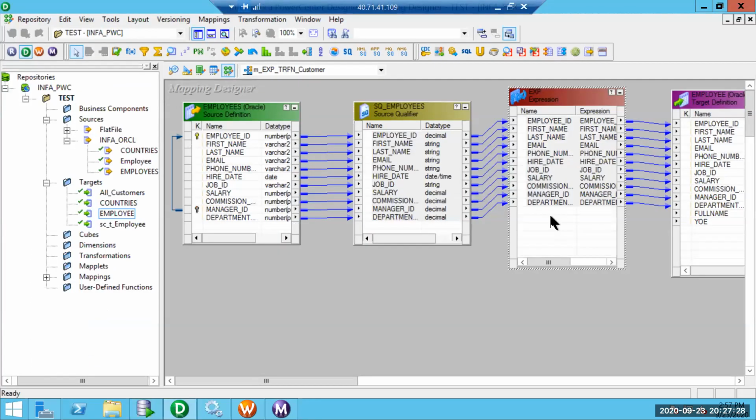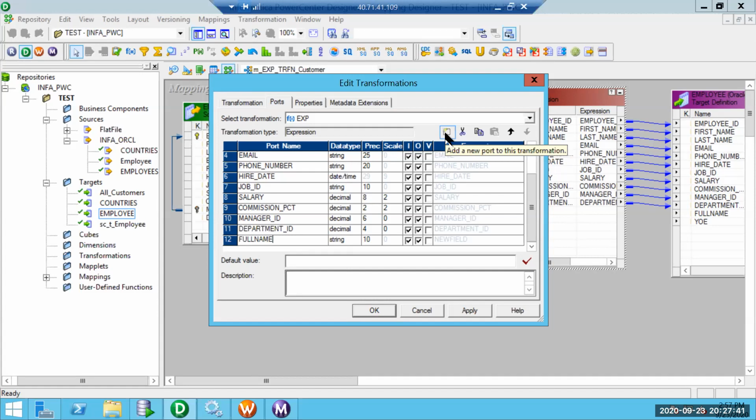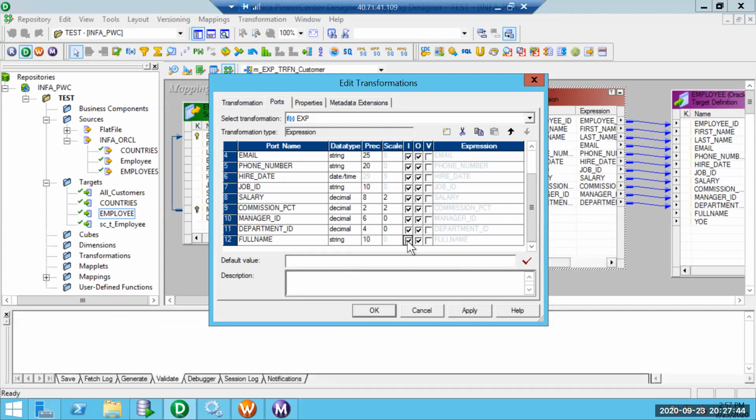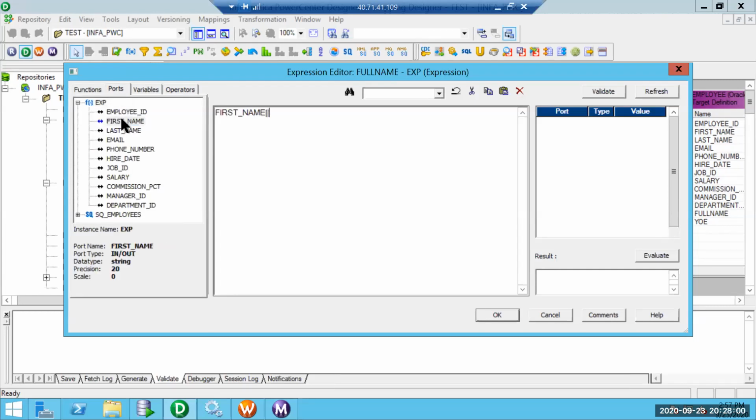So first, if the requirement is to concatenate my first name and last name and populate full name, I'll add one port using this port symbol, add a port, and make it an output port. If we enable that output port, it enables the expression. I updated the length also here. So when the expression is enabled, I will add those two columns: first name, concatenated with a space, concatenated with last name.